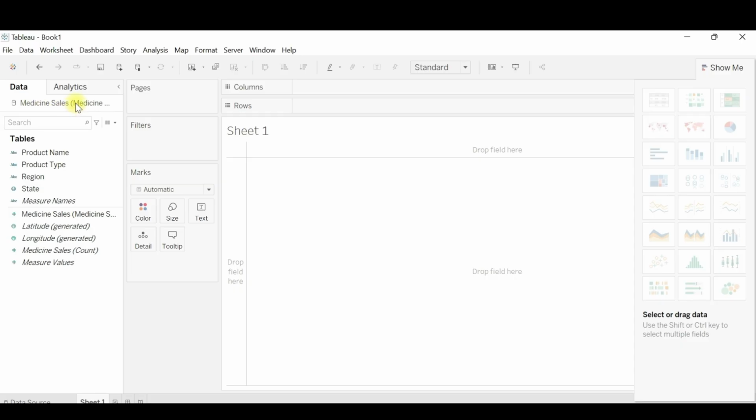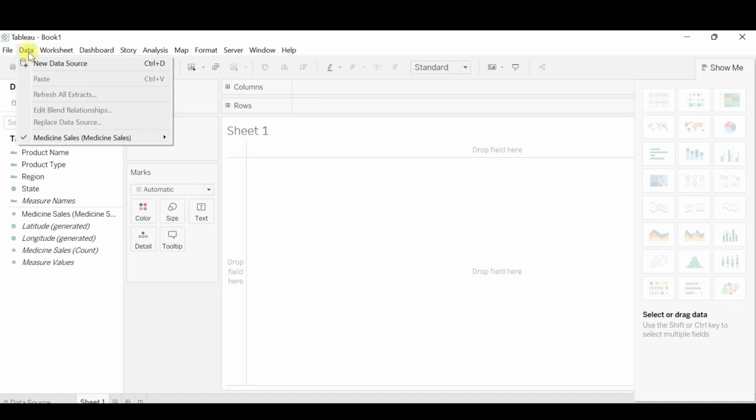Now, like I already told you, data blending is more about creating relationships among the data on the basis of the common columns. So how to do that is, let's go to the data on Sheet 1, and here you can see a new data source.